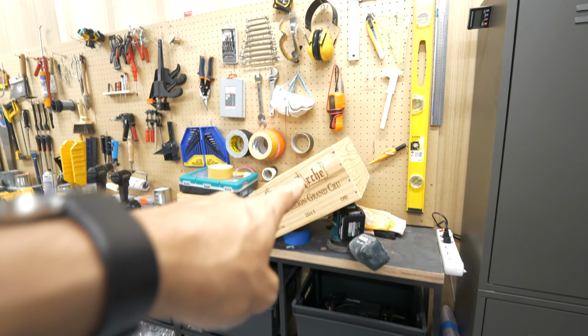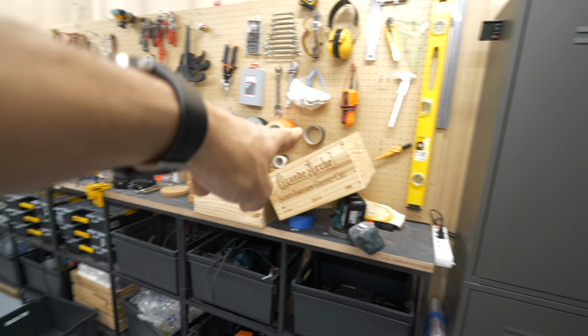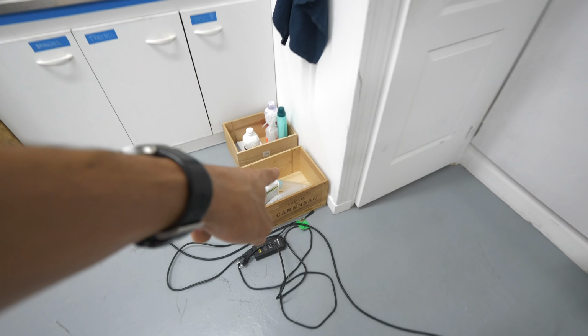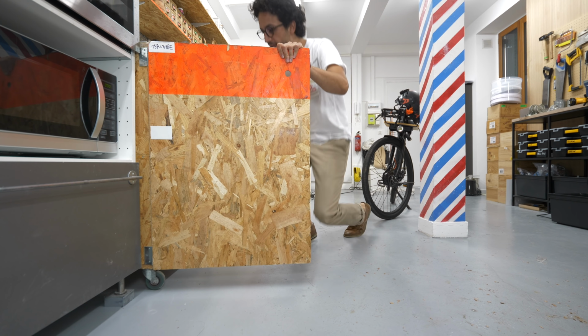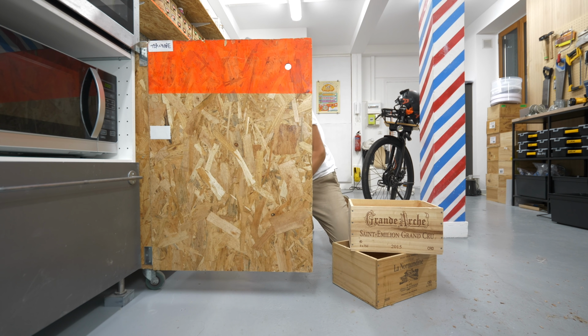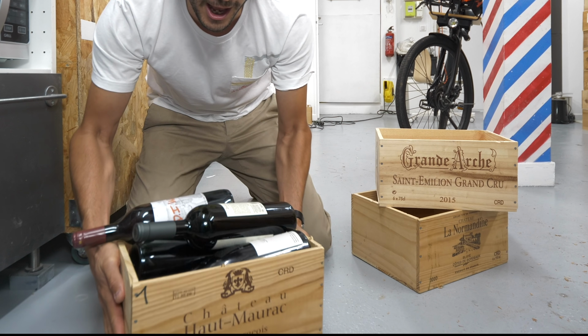So here's the situation with wine crates in the studio. They are basically everywhere. You've got wine crates over there, you've got 14, there you've got more crates, and there are even more wine crates over here. There are also a few bottles of wine. At the end of the day, I'm still a Frenchman, so...